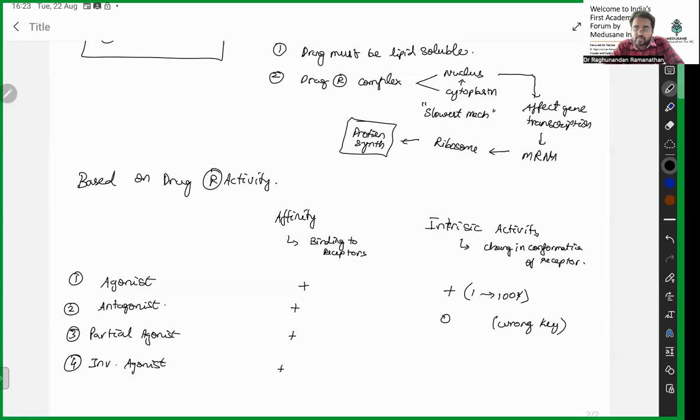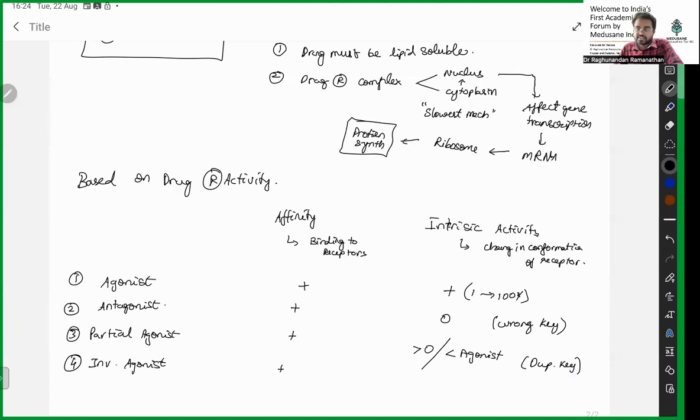Now partial agonist, inverse agonist. What is a partial agonist? Have you ever thought, you have a key and you create a duplicate key. If you ask whether that duplicate key will be as effective as your original key, I don't know, but certainly it will also open. So an agonist will definitely open; that is going to be positive, 100% will get open, but the time taken to achieve 100% may be different. But a partial agonist is always more than 0, but always less than 100, less than the agonist. That is the example of the duplicate key.